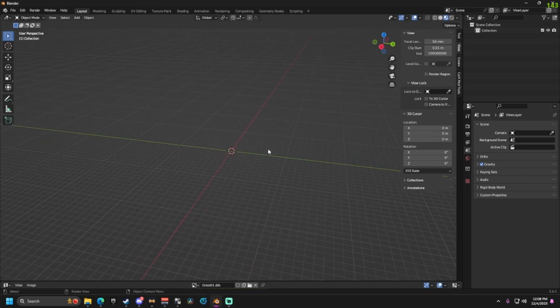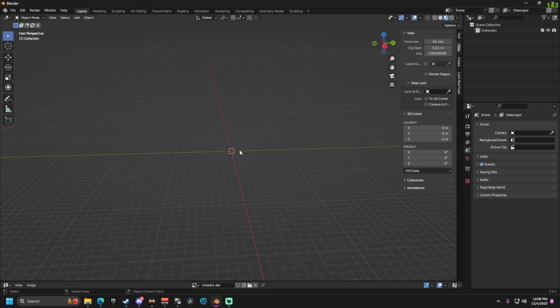Little note to know, this has to be 3.6. I believe I'm on 3.6.5 Blender. For whatever reason, it doesn't really work well with 4.0 and higher. I'll have a link in the description on where to download Blender